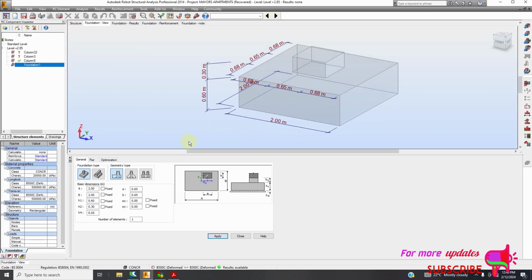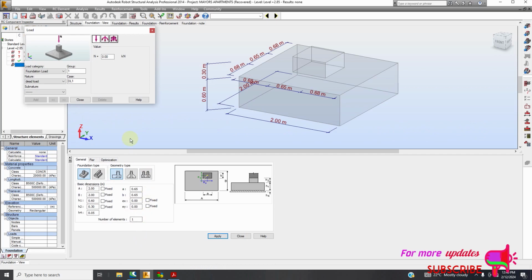Now I will use just those values, the ones which are here. I can just change here my column, say, I just leave it the way it is, and then just apply. Then here we need to fill the data for our load. So our first load, factored dead load, was 1700. From there, so add our live load was about 500, 490,